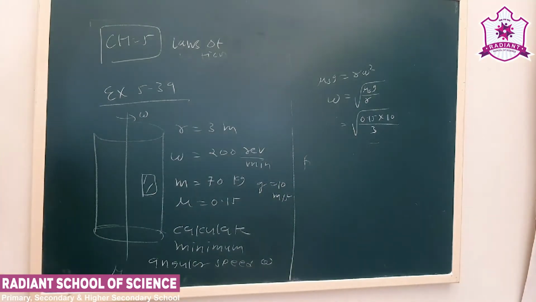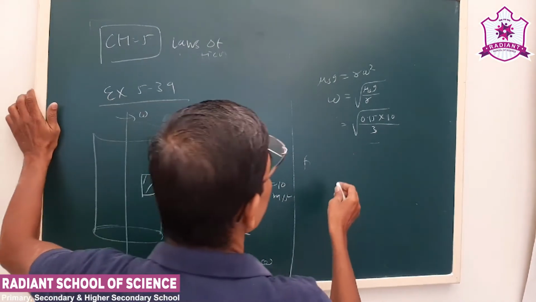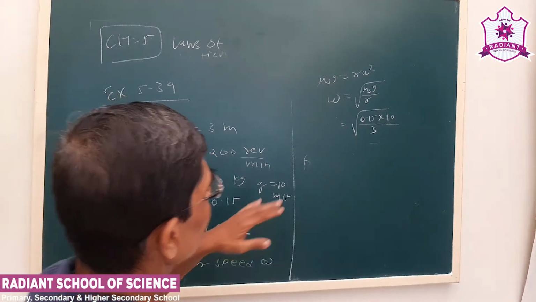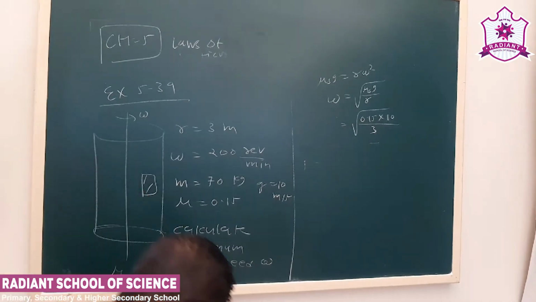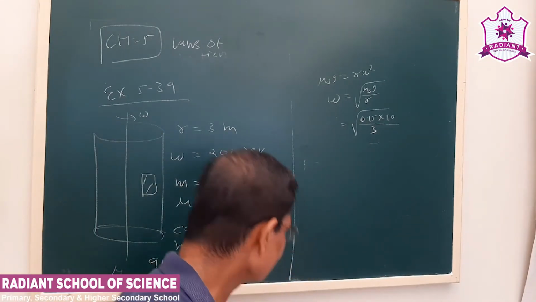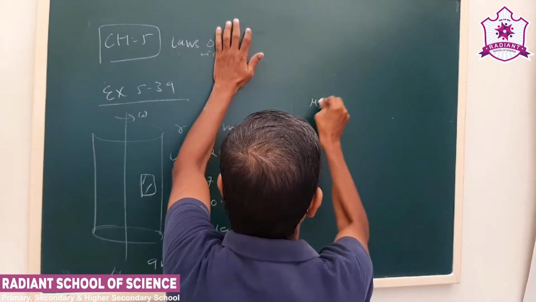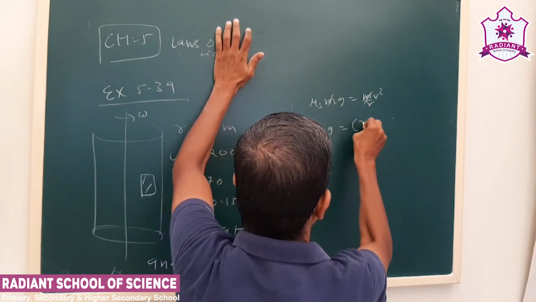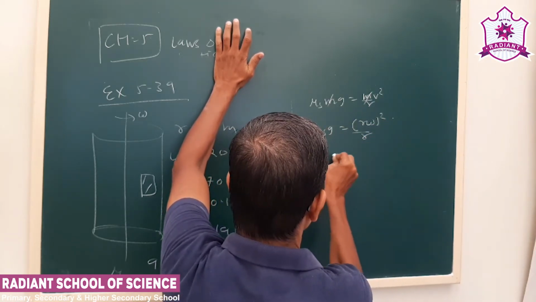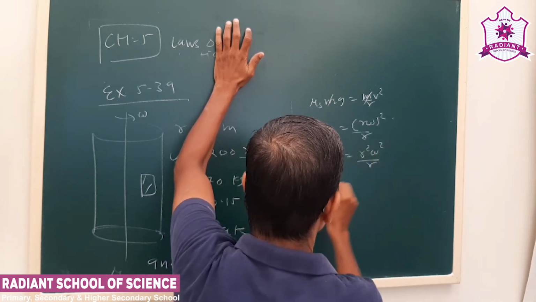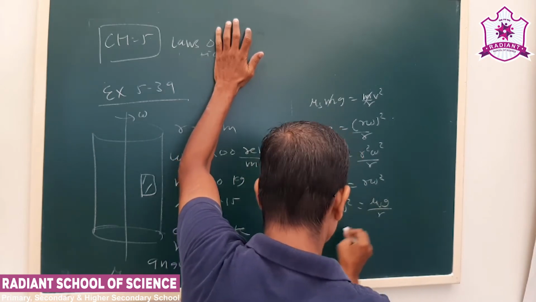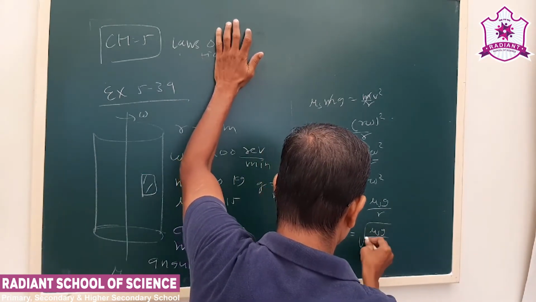Okay, so if I solve for this, see what we have calculated. Centripetal force, frictional force: mu s into g is mv square upon r, so mu s into g is r square omega square upon r. Omega square is mu s into g by r. Yes, omega will be the square root of mu s into g by r.